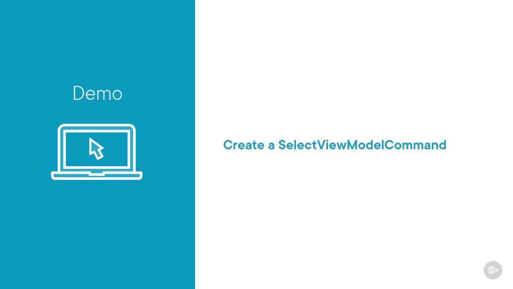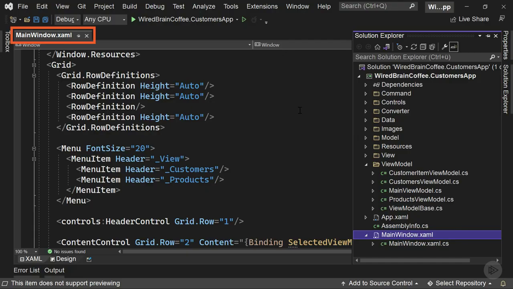In this demonstration, you will learn how to create a select view model command for the menu items in the user interface. Let's switch to Visual Studio. Here I've opened the main window XAML file of our application. Now let's create a command for these two menu items so that a user can switch between the customer's view